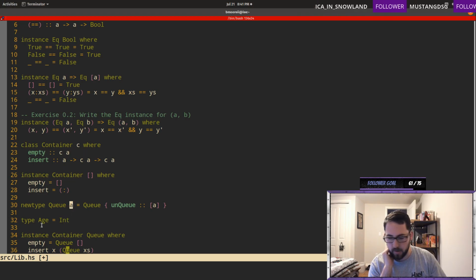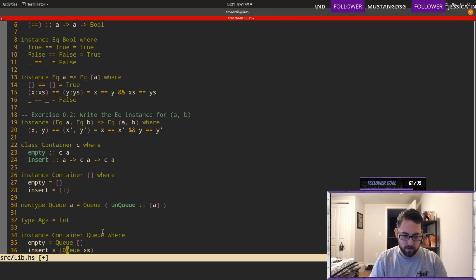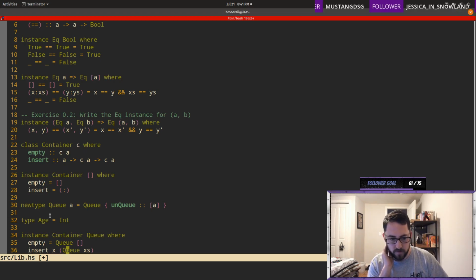A type, I don't think, can take a parameter, right? You can't write like age a. So to the compiler, these look exactly the same, right? Because this list a is represented as a list anytime you see a Q, and anytime you see an age, it's just represented as an Int. But this can't take arguments, and this can take exactly one argument.